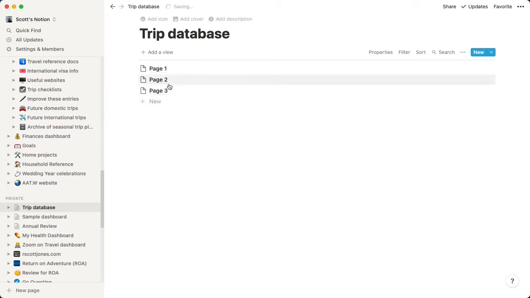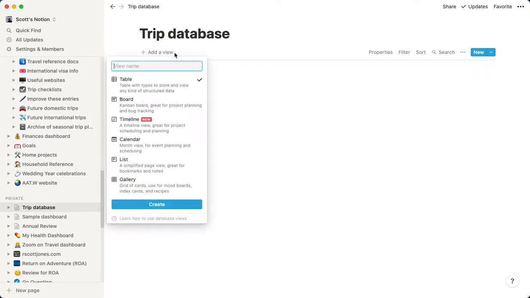Okay. Now, I am just going to start with a list right here. So this is now our database. Okay. We have 3 entries by default. Of course, we could have a ton more, and you certainly will. There are 3 really important things over here. There's the properties, the filter, and the sort button. Okay. Now the filter button,